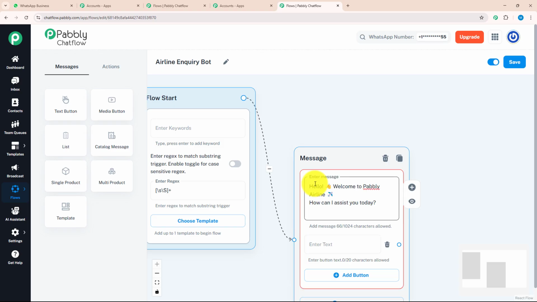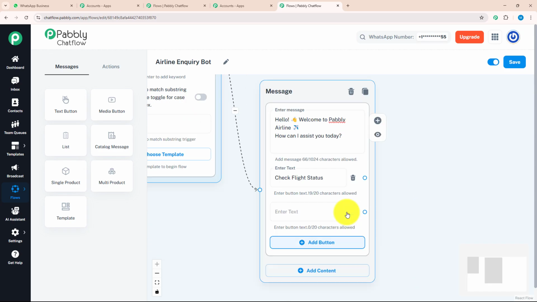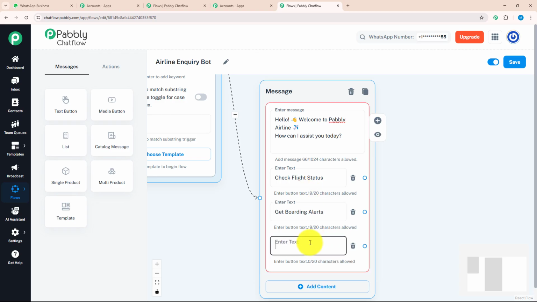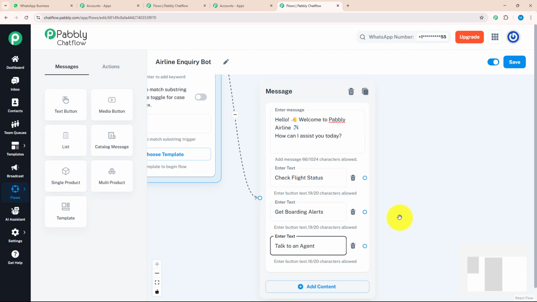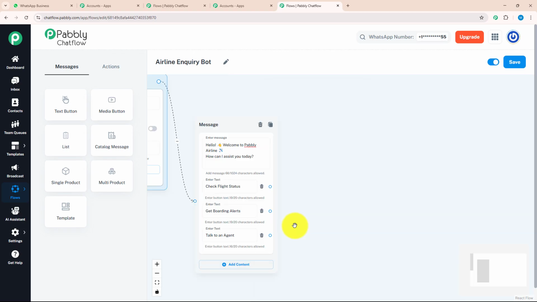For that, I will enter a text as check flight status. After that, I will add one more action button. For that, I will enter get boarding alert. I will add one more action button in which I will enter talk to an agent. As you can see, I have entered 3 action buttons, and with that, I want to give a separate message